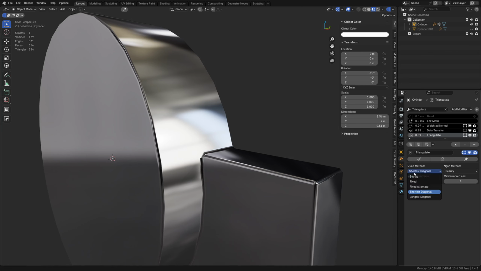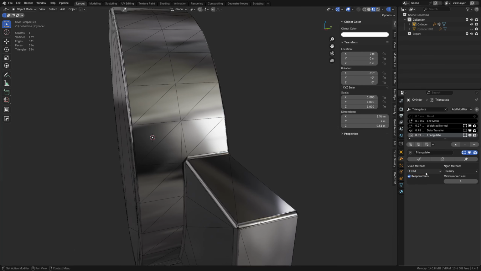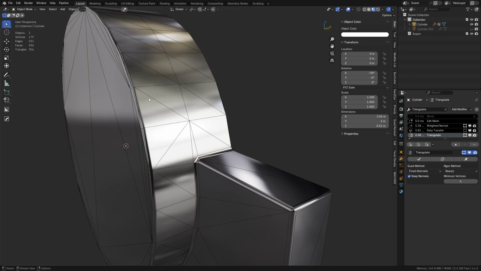Now you can try other little things here, like using beauty perhaps, or doing fixed. And fixed is going to make them all run in one direction, or try to anyways. And then fixed, I just call it fixed inverted, but it's the fixed alternate, right? And so fixed alternates the opposite direction. Sometimes these ones will create errors depending on the model, so just be careful with that one. Shortest diagonal typically works the best in my opinion. And then you can try the other ones as well. But the main thing here is that